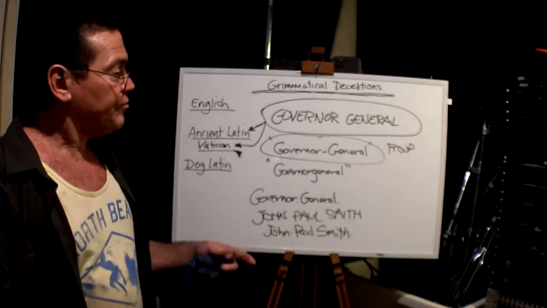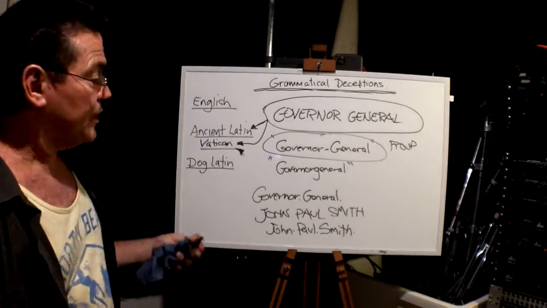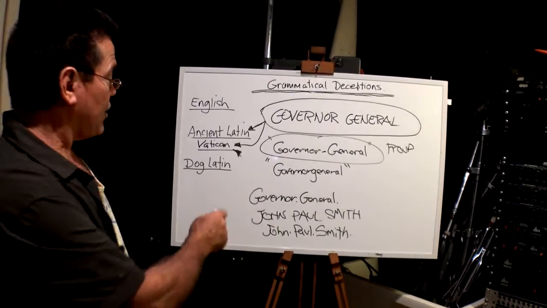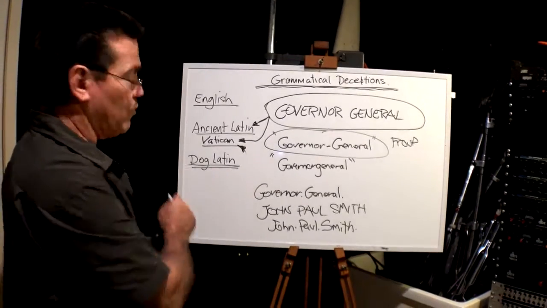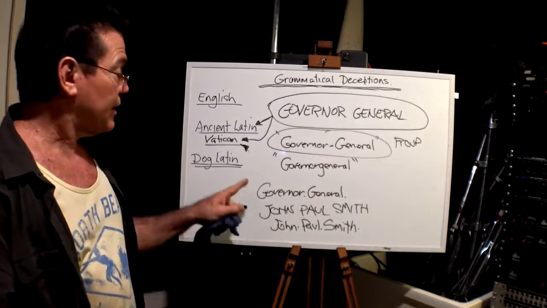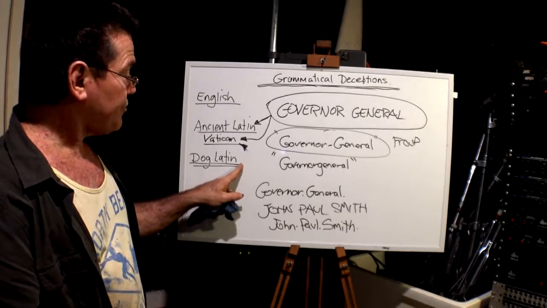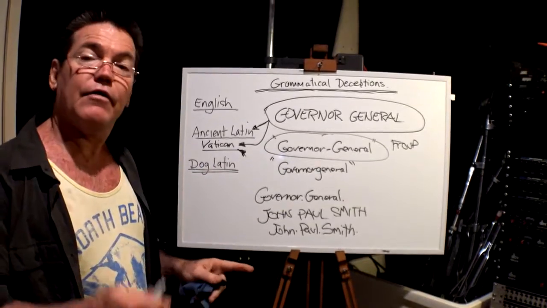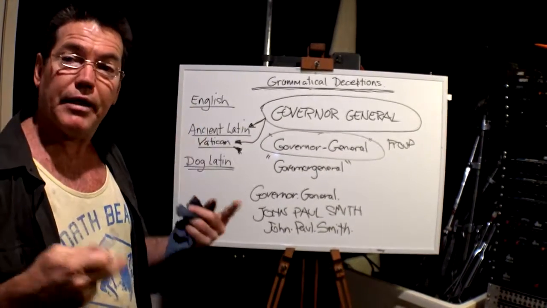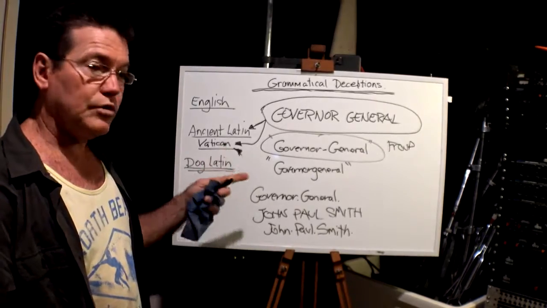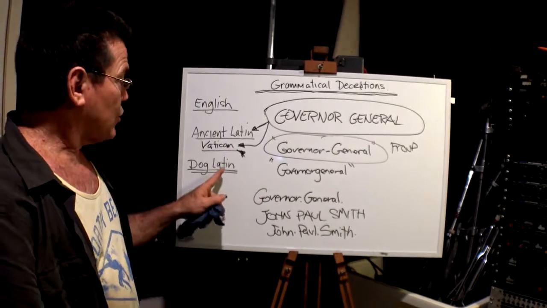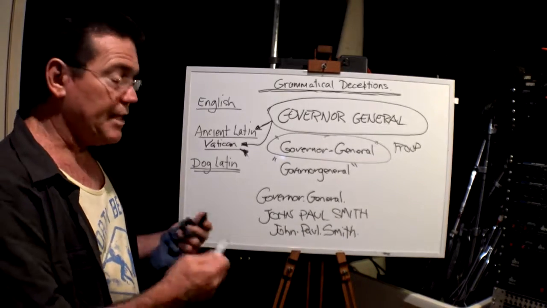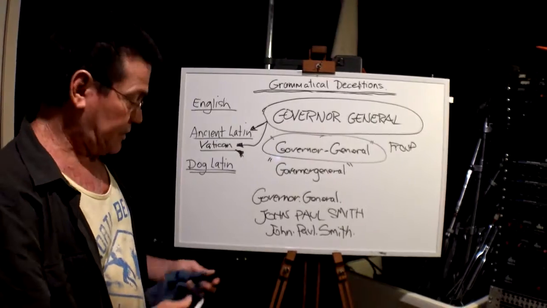So the whole system is a lie. It's just an absolute lie, because they are using a Dog Latin text, which is a debased text under Latin, under the legal dictionary, Black's Law Dictionary. Dog Latin is the Latin for the illiterate, for the stupid people that can't read. But in the English dictionary, the Webster's English Dictionary, Dog Latin is a debased text, a debased language, and the word debased means